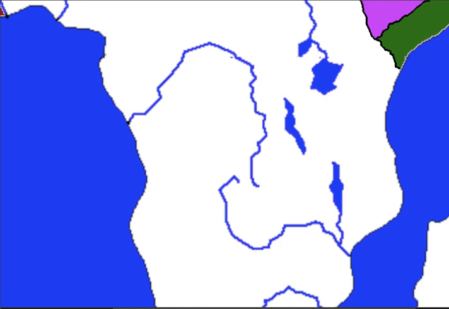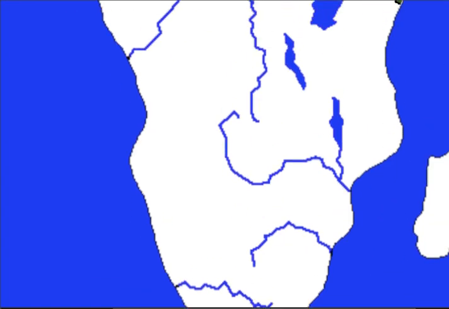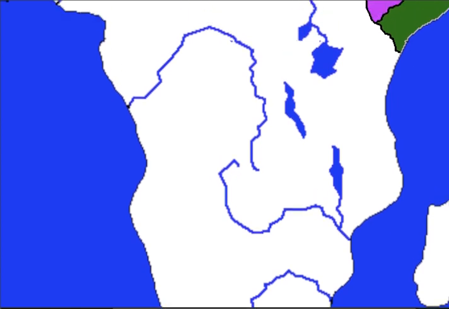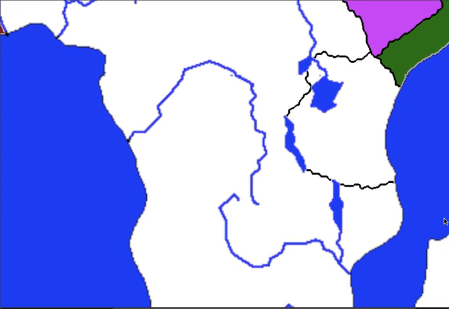Germany's turn. Germany comes to decide what they want. But they'll have to argue with other nations, of course. They decide they want the land they had in our timeline, Tanzania. But they decide they still want this colony. And yeah, that's what they manage to do with what they want there.